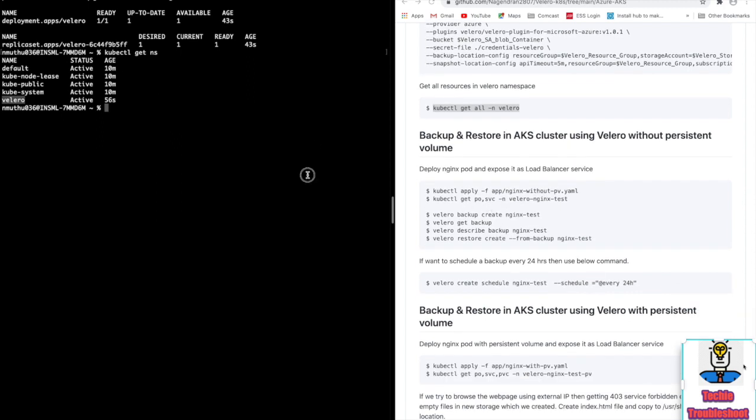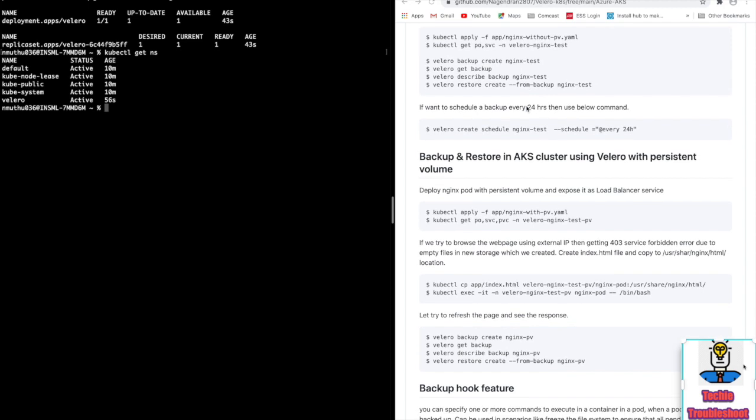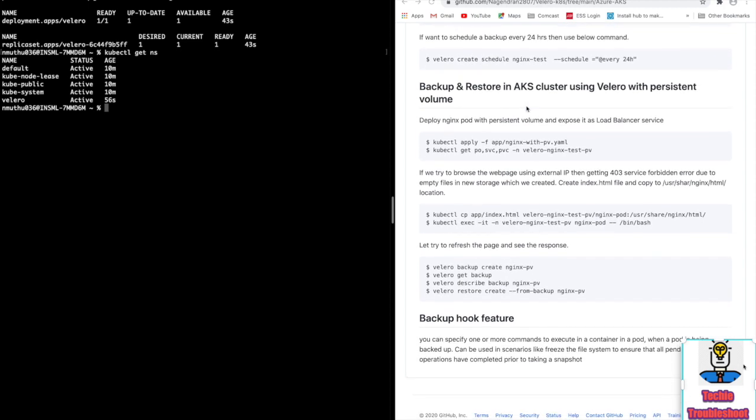So now we're going to deploy Nginx so that we can verify whether the backup happened properly or not. So you can test from your side without persistent volume. I'm going to test directly with persistent volume.